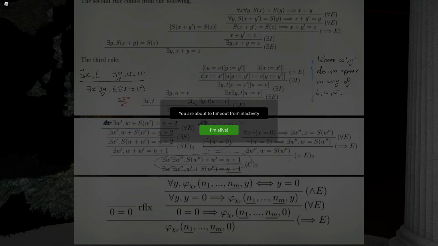Okay, and under the case that W is equal to 0, it's easy to prove that W is equal to 0, or it's equal to 1, or it's equal to ... or it's equal to underline N plus 1. So okay, and then in the second case,